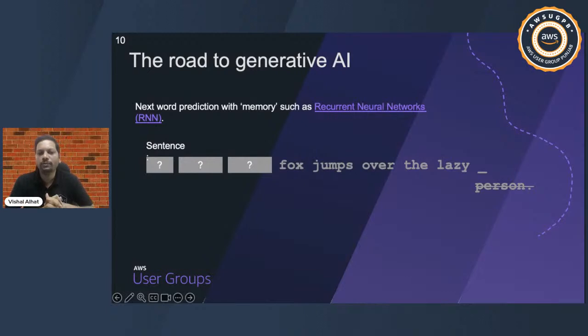But of course what we can see here is that we are missing a whole bunch of context, as in we don't know what the previous words are. If you see, there are 3 question marks, so we don't know these 3 previous words as well. So potentially we could get a better outcome if we knew a little bit more about what the sentence was. Now we can do that by adding some more memory into the algorithm and into our method for predicting our next word,